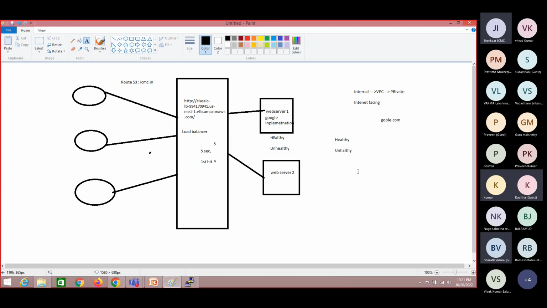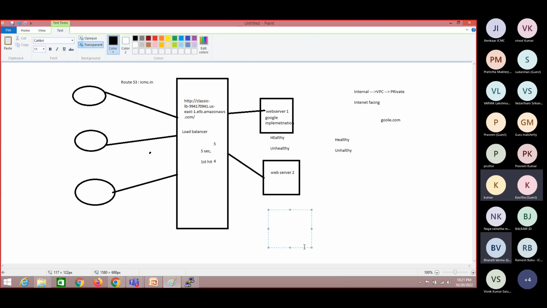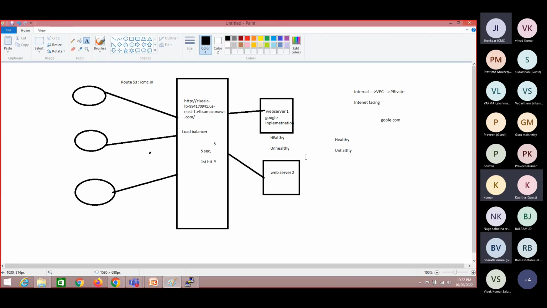In order to maintain high availability and zero tolerance, instead of routing all the requests to one machine, let us have multiple machines, so that if something goes wrong with this machine, the same request can be served by the second machine. For example, if we rarely use some websites, in that case we are not necessarily supposed to go for the load balancer. Even if you have only one web server and it is rarely used,